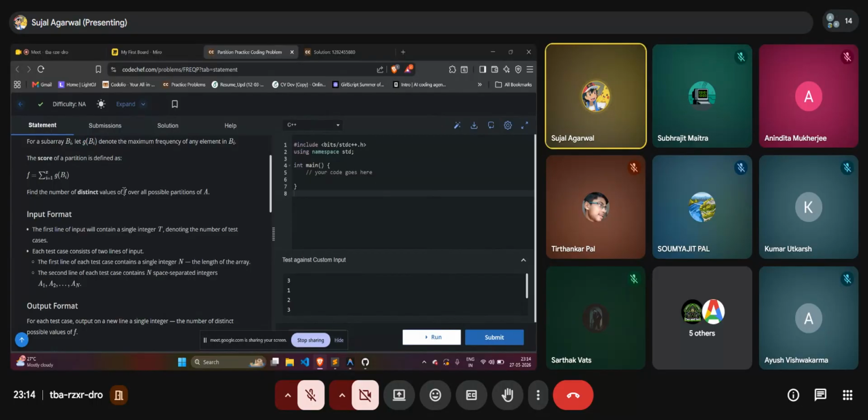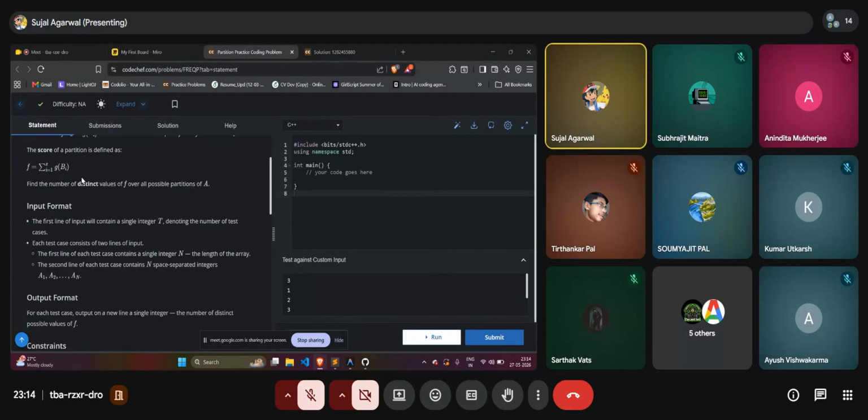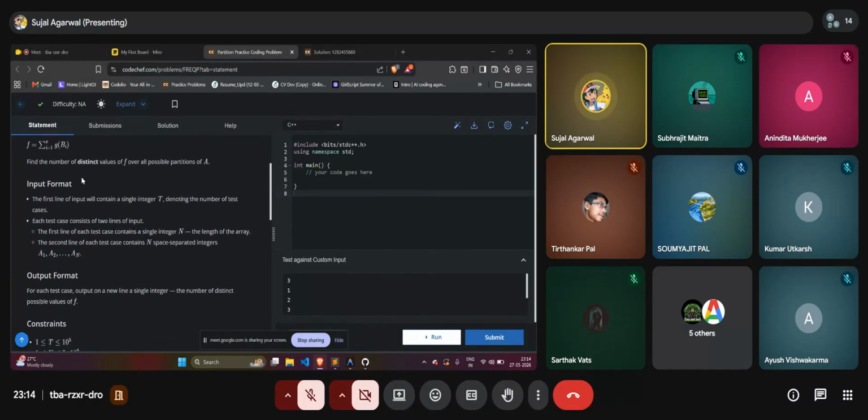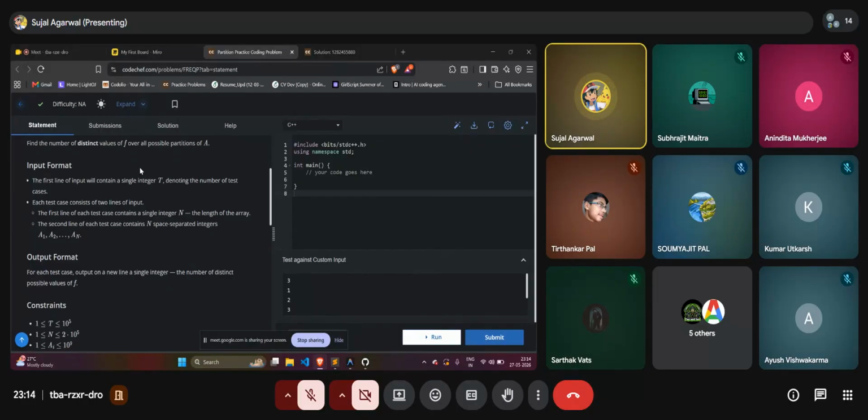फॉर एनी सब एरे बी आई, जी ऑफ बी आई रिप्रेजेंट करेगा कि मैक्सिमम फ्रीक्वेंसी ऑफ एनी एलिमेंट इन बी आई क्या है। मतलब सबसे मोस्ट ऑकरिंग एलिमेंट कौन सा है बी आई सब एरे का, बेसिकली जी ऑफ बी आई ये है। एंड एक फंक्शन और डिफाइन किया गया है, स्कोर बेसिकली ऑफ द एरे, कि सच बी आई का मतलब कि अगर हम पार्टीशन कर रहे हैं एक्स सब एरेज में, देन एक्स सब एरेज के लिए अगर हम उसका जी ऑफ बी एक्स निकाले, जी ऑफ बी आई निकाले बेसिकली, एंड उनको ऐड कर दे तो कितना होगा, लाइक मैक्सिमम फ्रीक्वेंसी ऑफ एनी एलिमेंट इन द सब एरे। उसको ऐड किया तो कितने डिस्ट्रिक्ट पॉसिबल वैल्यूज ऑफ एफ हमें मिल सकते हैं। तो यही हमारा निकालने का था। तो इसको कैसे निकालते हैं डिस्कस।